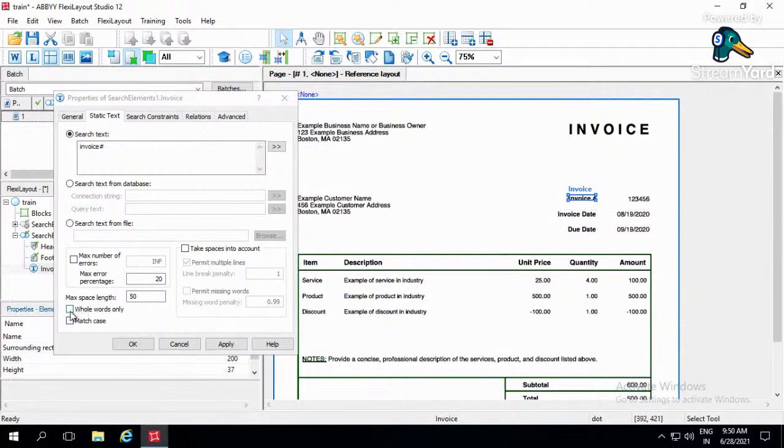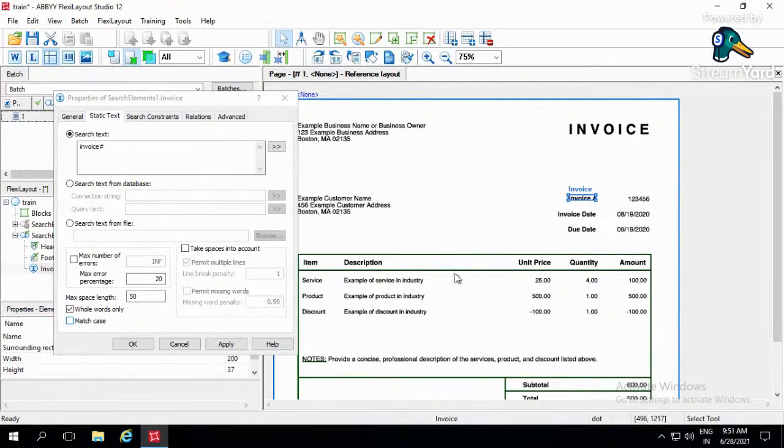So in that case, I can just go ahead and use whole words only. When I use whole words only, it is going to pick only the word male when I'm searching for the male, and it is going to ignore the word male inside the female. So make sure when you are working with very small words, and there might be a chance those small words appear in any of the other texts, that you are using whole words only and